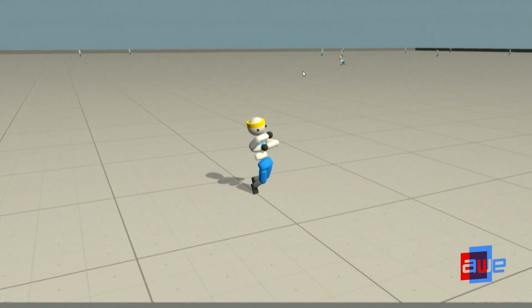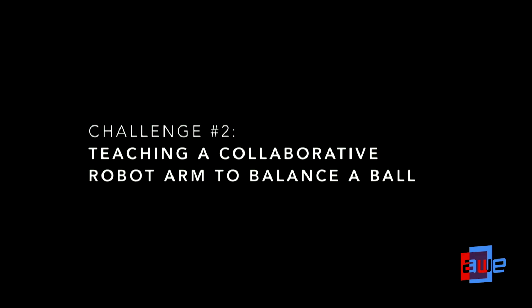So basically, it tried to keep its head as high as possible and move forward. Sometimes you will see funny effects like this if you try to create an agent. But this is a simple demonstration with the ragdoll robot. What if we wanted to apply it to a more industrial application? The second challenge was to teach a collaborative robot arm, similar to the one you saw at the beginning,